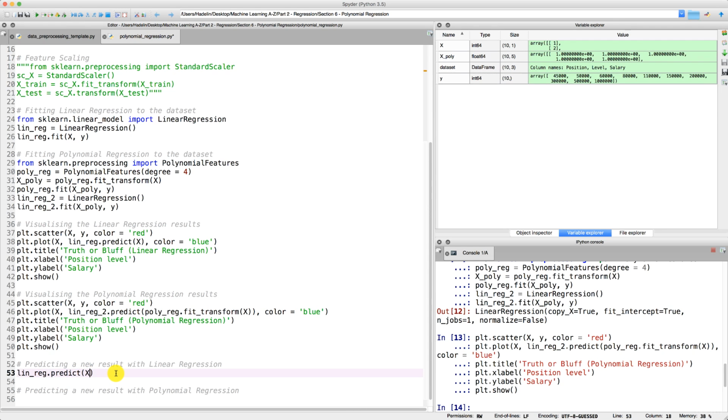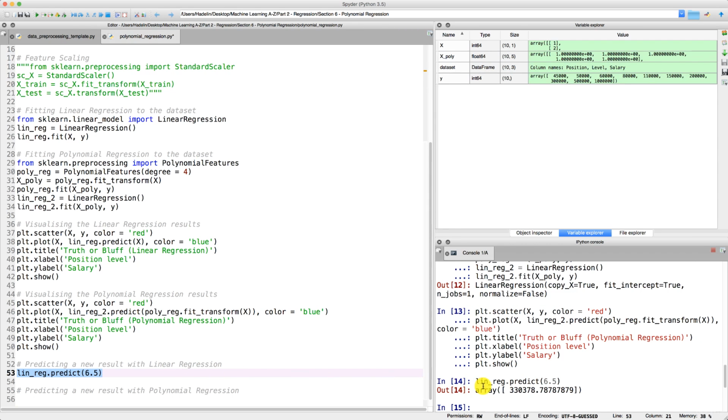Very simply, instead of putting the matrix X here, we can put what we actually want to predict, that is the level 6.5. That will return the predicted salary corresponding to this level 6.5. So let's check it out. Let's see what our linear regression model predicts as the salary of a 6.5 level. We select this and press Command or Control plus Enter to execute. And we get